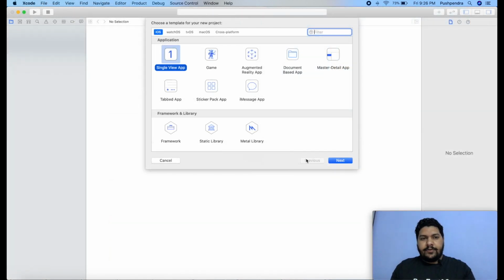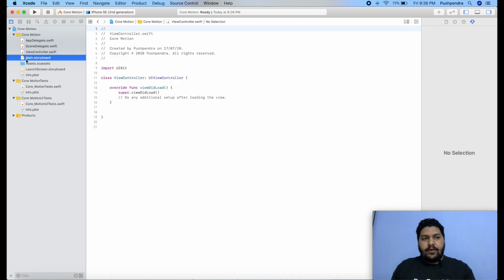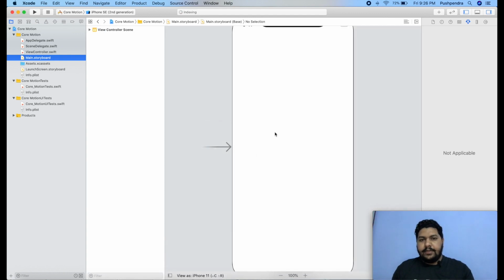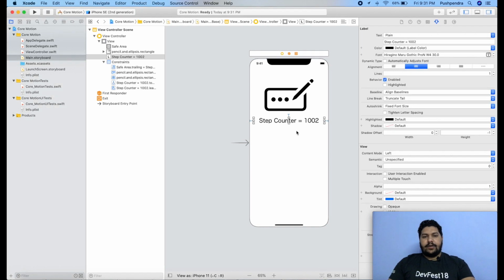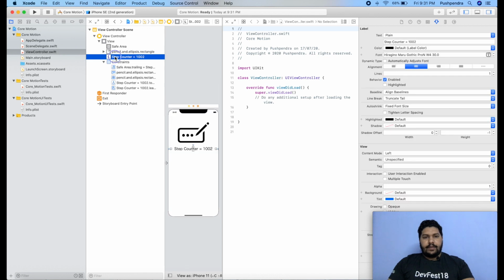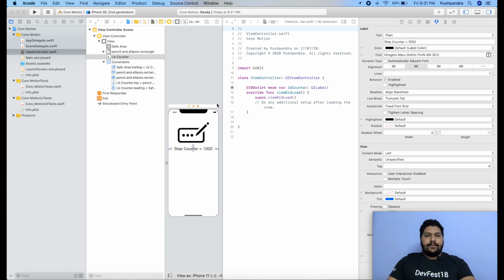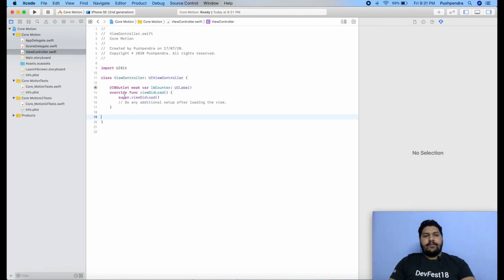So guys, over here first of all I'm creating one new fresh project. So this is my fresh project. Okay, now I'm designing my storyboard. Here I will take one text, one simple image, so that it looks a little good. So this is my design. Okay, now I'm setting this outlet to my class. So I will open my view controller, and from here I'll drag and drop, and I'll call it counter. After that I'll open my view controller, and here we will start our development.